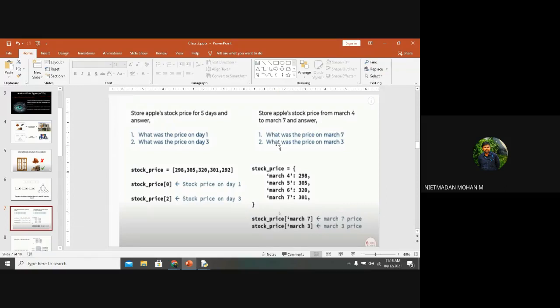Here, what is meant by March 4? What is meant by March 4 in a dictionary? Keywords, sir. Yes. So here first we want to declare that March 1 to March 31st are your keywords, and based upon the keywords, the stock price is updated. When you call those particular keywords, that particular stock price will be displayed in your output. Clear about this?